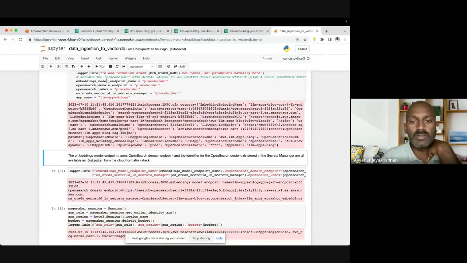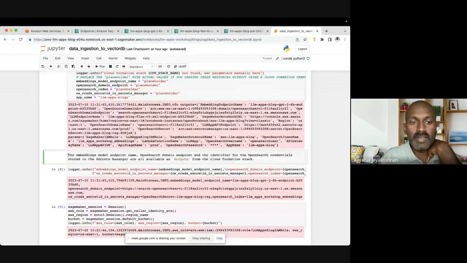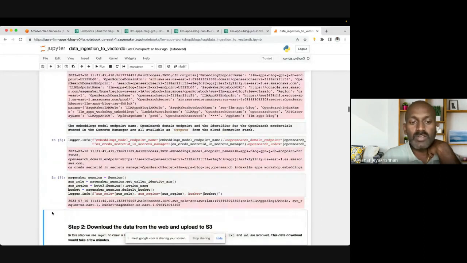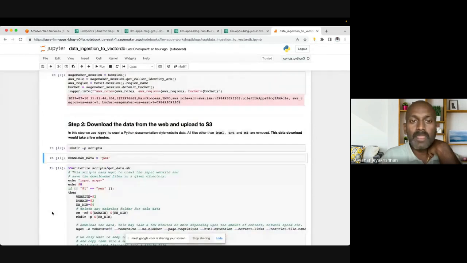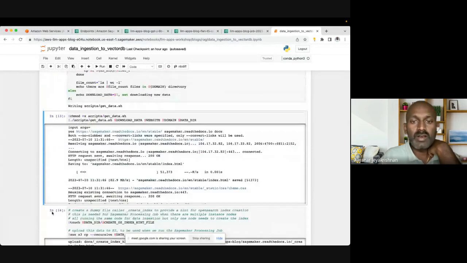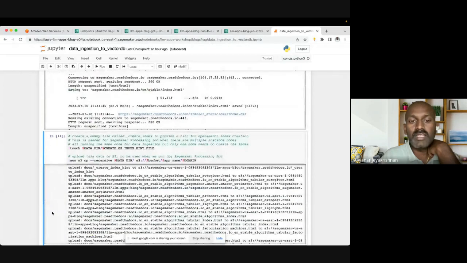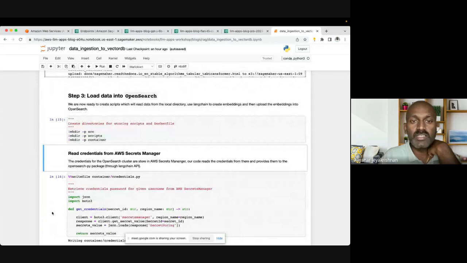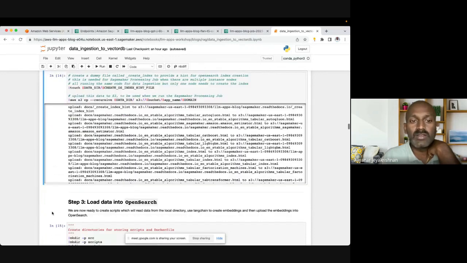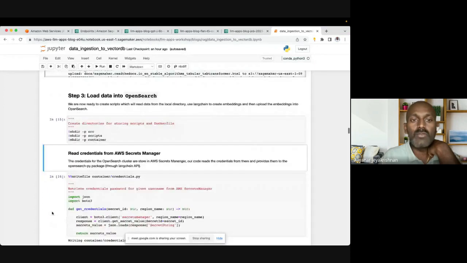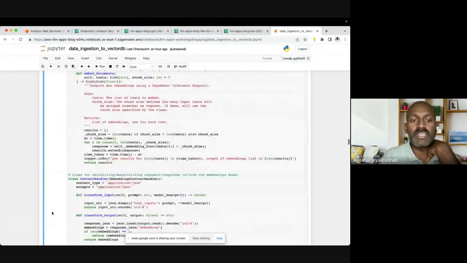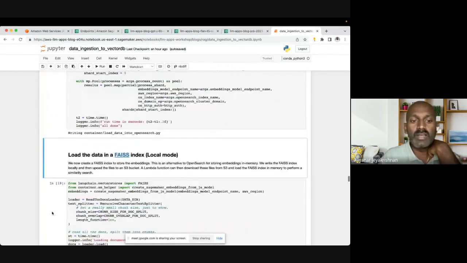We are reading this from the CloudFormation endpoint, and writing. We are using an embedding model and writing this to the S3 bucket. Then from the S3 bucket, we are crawling the data and loading it to Elasticsearch. So the first step is reading from the website, crawling the data, and writing the XML files. See, these are the XML files it crawled, and now we are loading this to Elasticsearch. We are converting the text to vectors and writing to Elasticsearch.